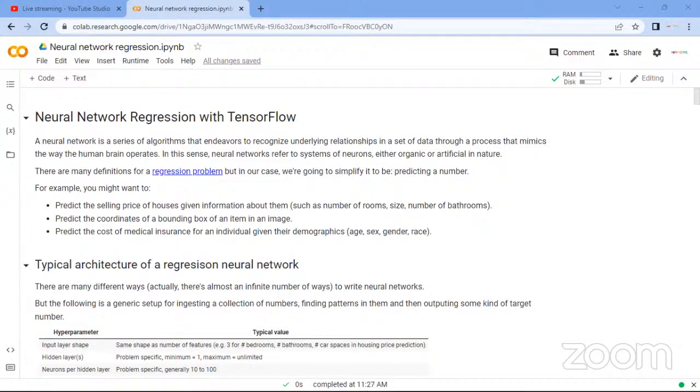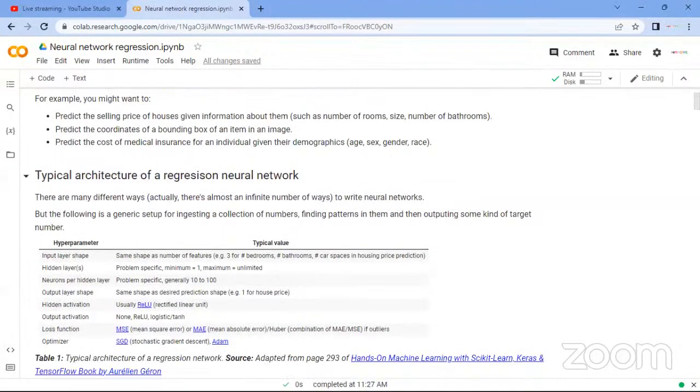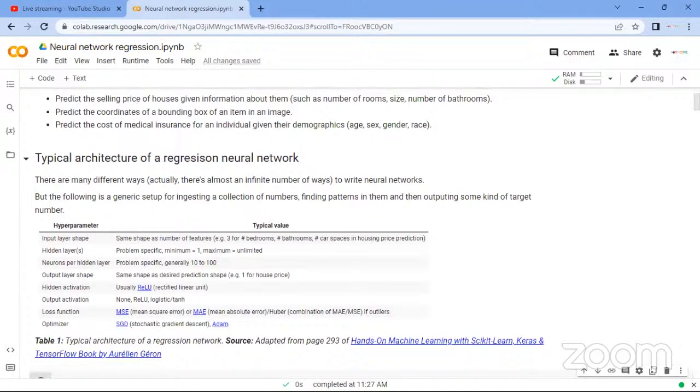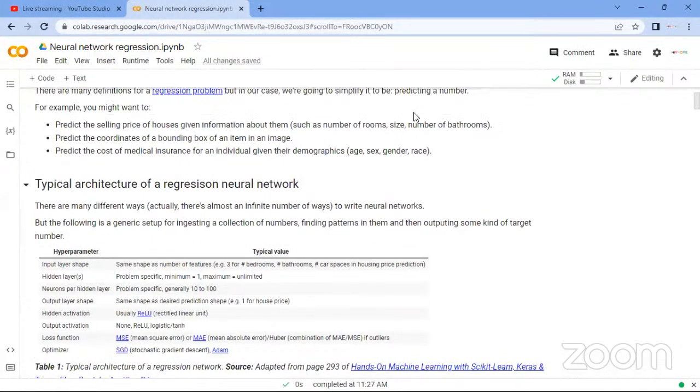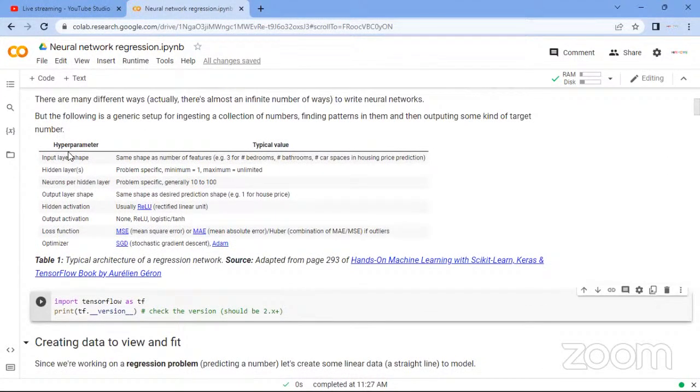Typical architecture of a regression neural network. There are different ways, but we have a standard typical architecture. We have the input layer and the hidden layers. The input layer is the same shape as the number of features. Then the hidden layers, which are problem specific, a minimum of 1, maximum of unlimited. Then the neurons per hidden layer, the output layer shape, the hidden activation, usually ReLU, which is rectified linear unit. Then we have the output